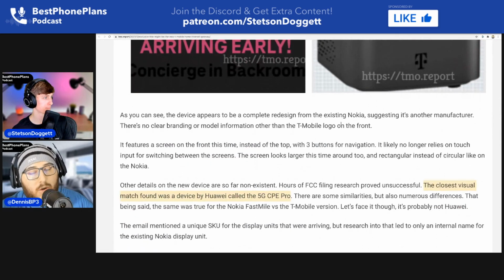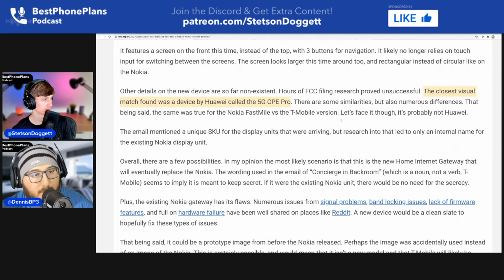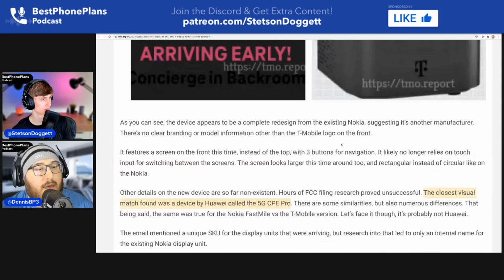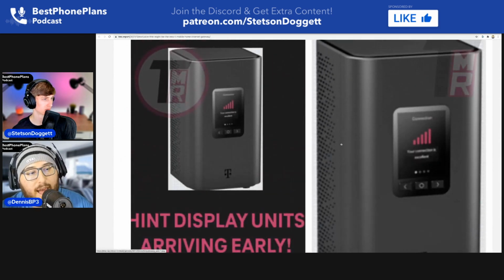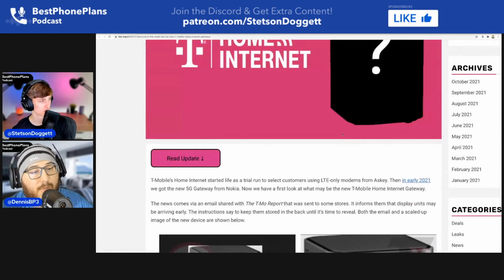So there's Ericsson, Nokia, and Samsung. They're the big modem makers for wireless antennae. And as far as gateway manufacturers, there's Arris and Motorola. That would be prime contenders. I guess you could throw Netgear in there, but I'm putting that at a very low probability on the scale of things, just because